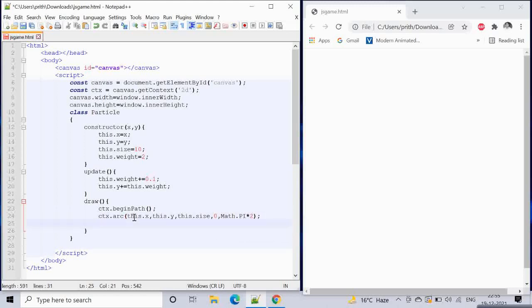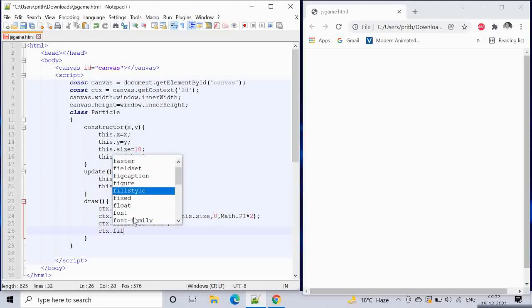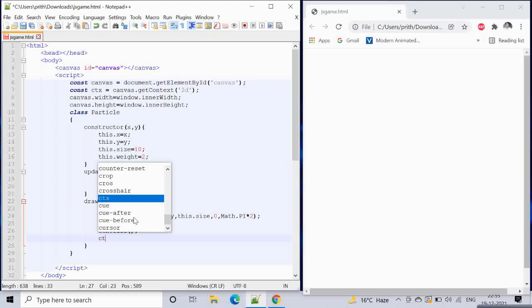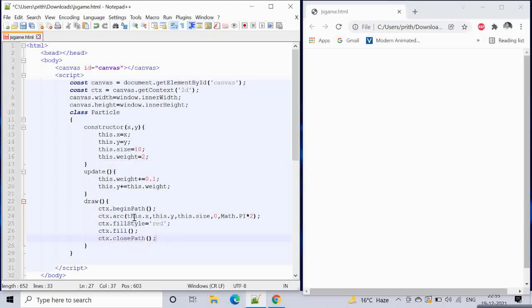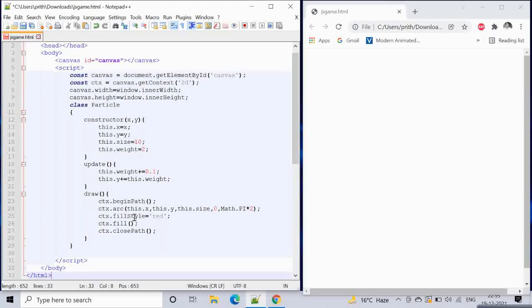Now ctx.fillStyle, we give a color, for example red, ctx.fill, ctx.closePath. So this is our function.